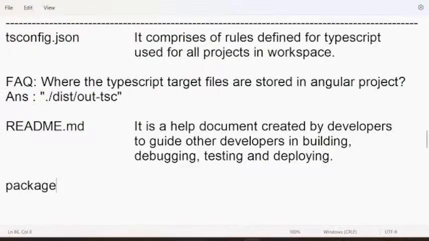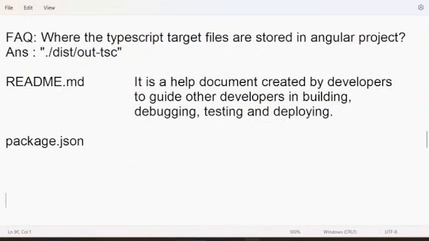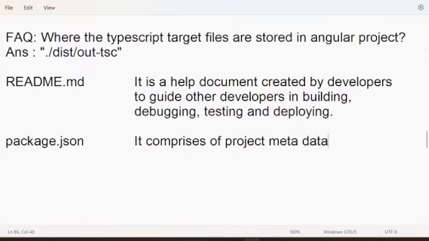Another important file: package.json, you know already this. We learned how to create package.json by ourselves, right? And we learned how to create tsconfig also ourselves. What does package.json contain? It comprises project metadata.